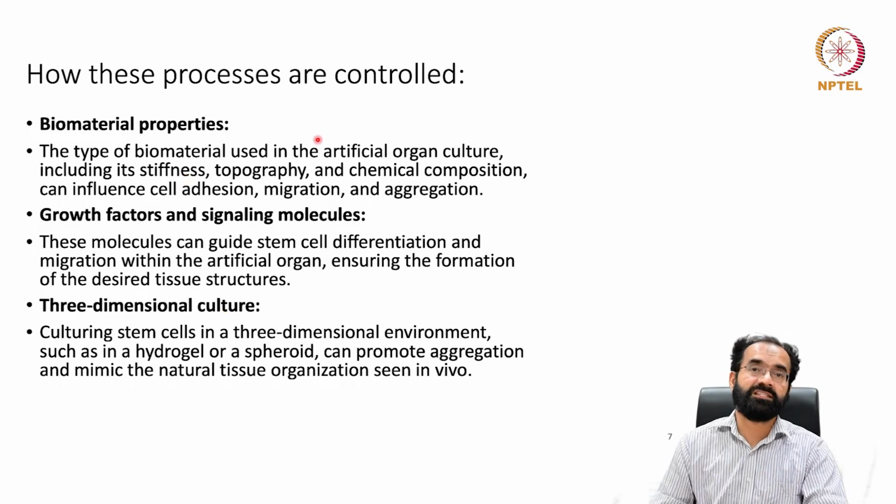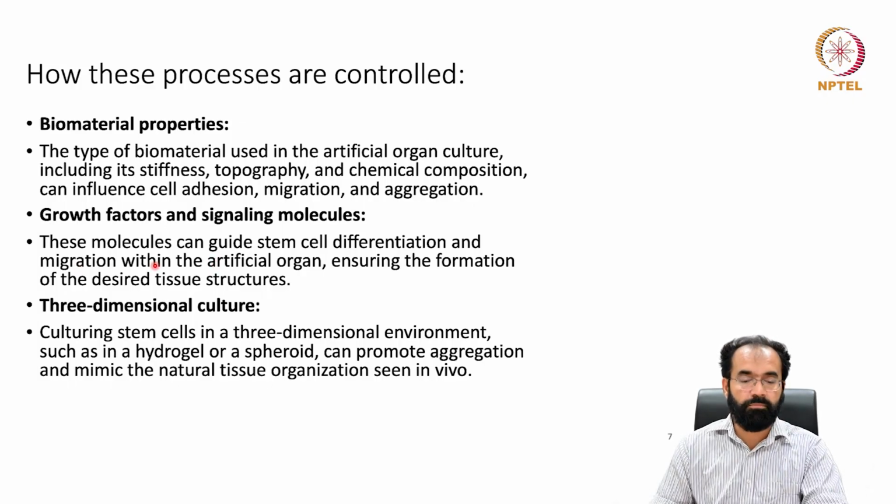So how are these processes controlled? Let us see. This is influenced by different conditions. One is biomaterial properties: what scaffold you have used for making the stem cell culture environment. The type of biomaterial used in the artificial organ culture, including its stiffness, topography, and chemical composition, can influence cell adhesion, migration, and aggregation. The growth factors and signaling molecules also can have a big say in controlling